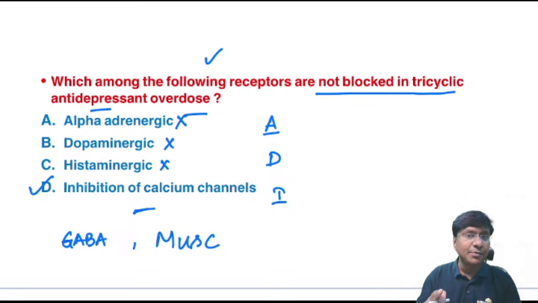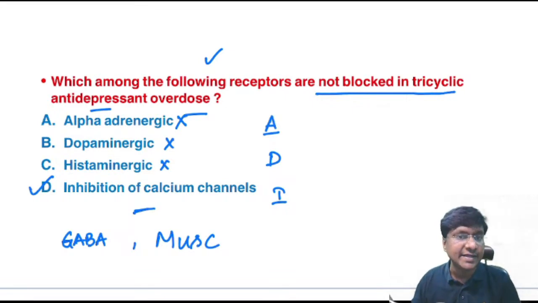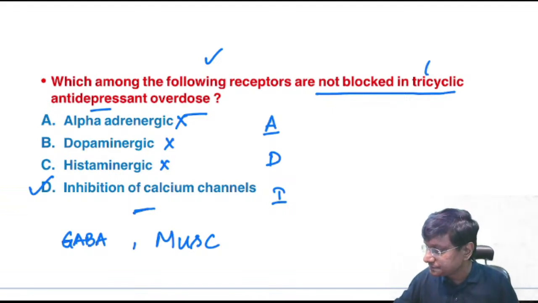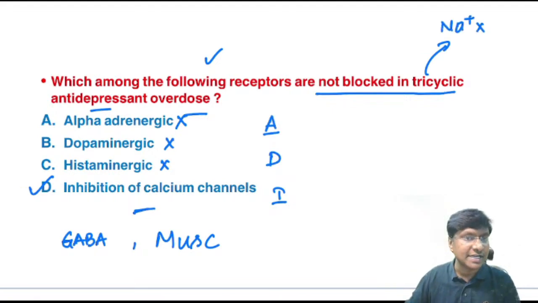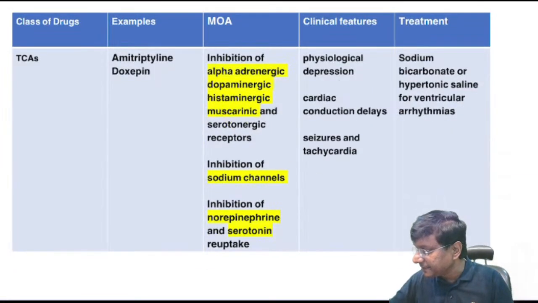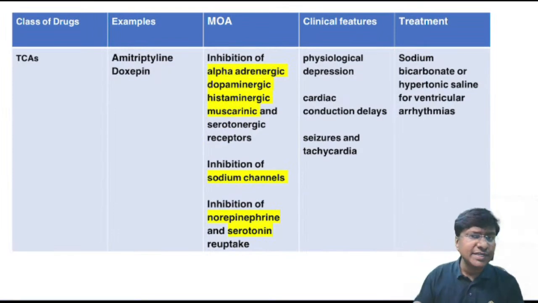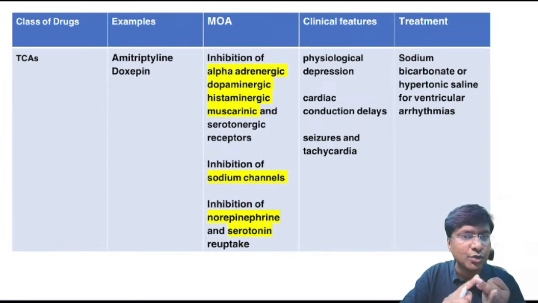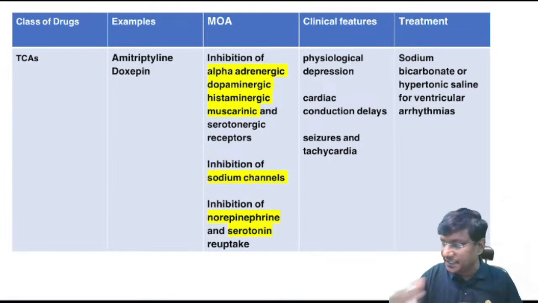A very important point is that tricyclic antidepressant overdose will inhibit the sodium channels. They are sodium channel blockers, not calcium channel blockers. Now, what will be the clinical features because of tricyclic antidepressant overdose? That will be physiological depression, and just now I have discussed the features of physiological depression. And not only that, because it is inhibiting alpha adrenergic, dopaminergic, and serotonergic activity, there will be